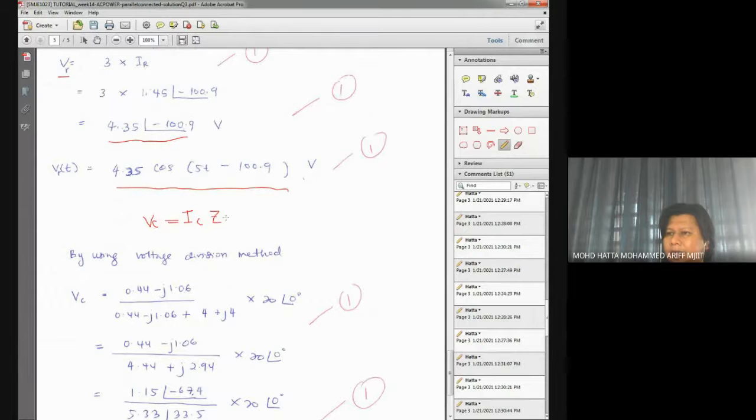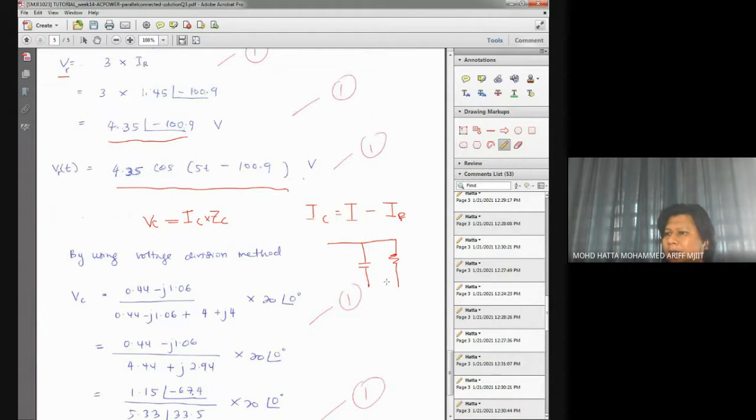I think this strategy is much more easy. However, we don't have the information of IC. We need to find IC first, where IC can be calculated using this equation, I minus IR, because if you look at the branch that we have, resistor over here, we have capacitor,